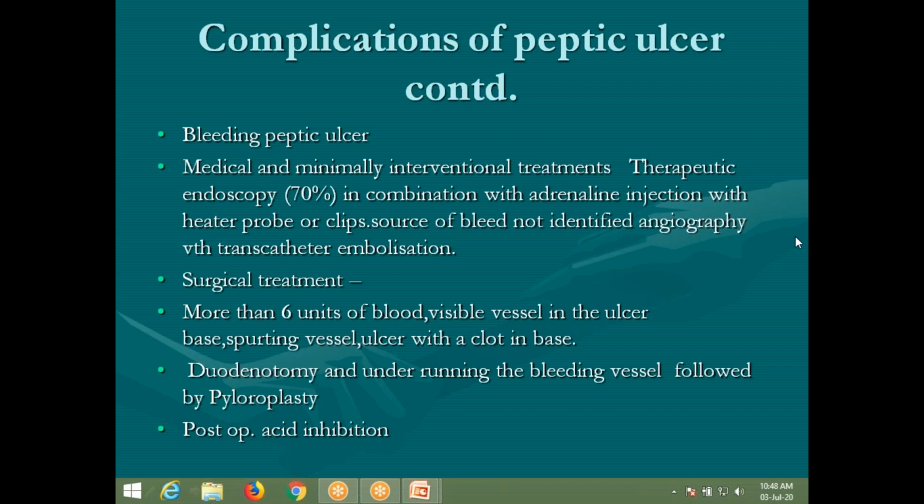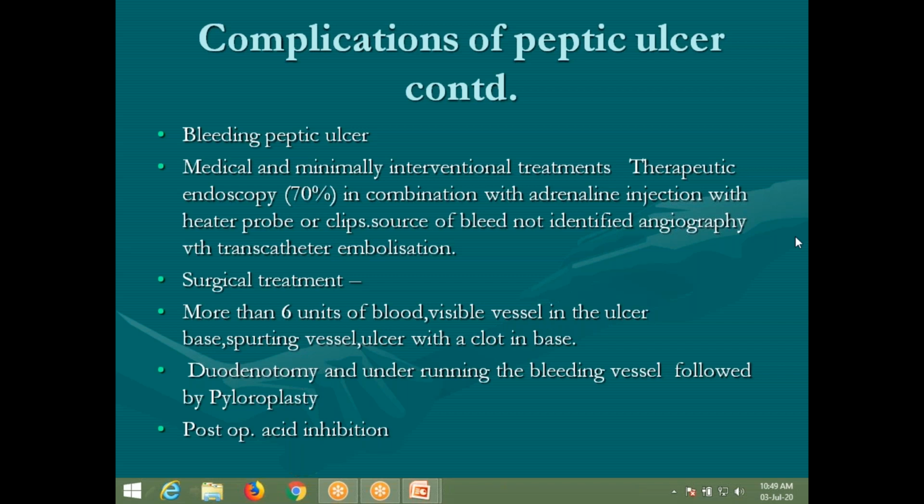But this endoscopic cauterization may not hold good for large vessel bleeds. Okay, in such cases, you have to plan for an emergency surgery. But at the same time, the morbidity and mortality is also very high if you come across a bleed from a larger source or large vessel. Okay, so even after control with endoscopy, if it still rebleeds or if you can't identify it, then you can plan for angiography and a transcatheter embolization. Then when will you plan for surgical management?